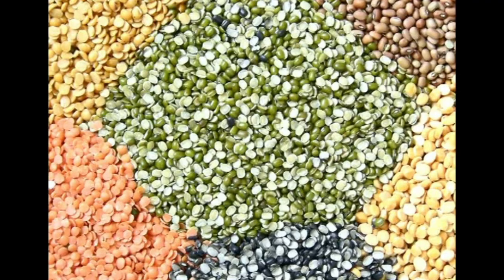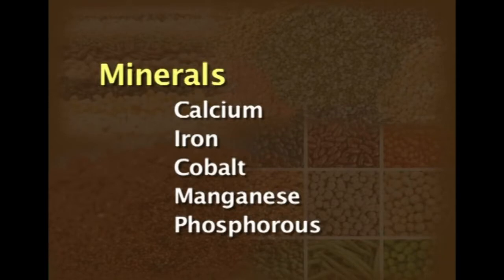Pulses provide about 1.5% lipids and mostly they are polyunsaturated fatty acids, and along with cereals the essential fatty acid requirement is completely met when in a vegetarian diet we consume mostly the cereals and the pulses, and the lipids of both these provide our body with the essential fatty acid requirement daily. In minerals, the pulses contain small or moderate quantities of calcium, iron, cobalt, manganese and also